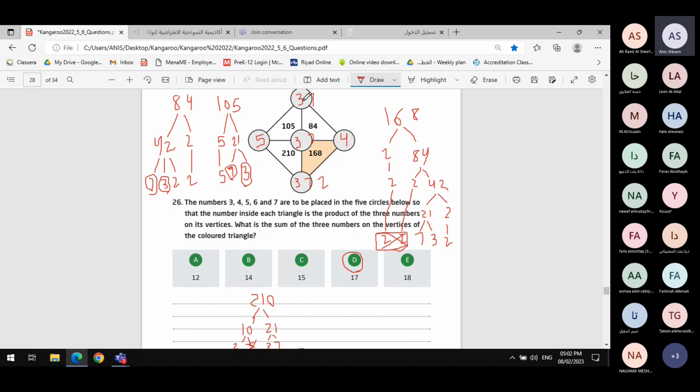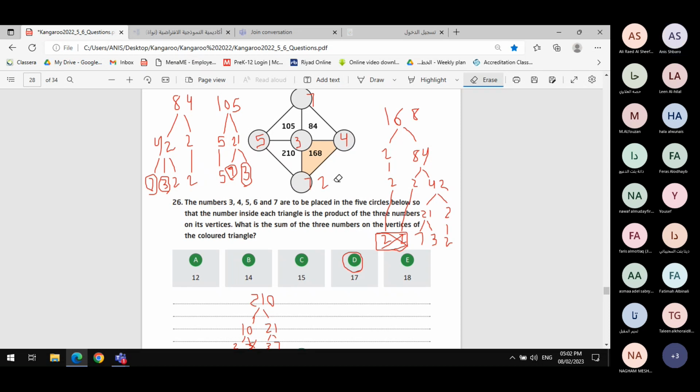So let's take the 7 up. It's a choice, not something given. So 7 here, 3 will be here. We chose it. So if I have 3 here and 4 here, what is left here is 7 times 2,